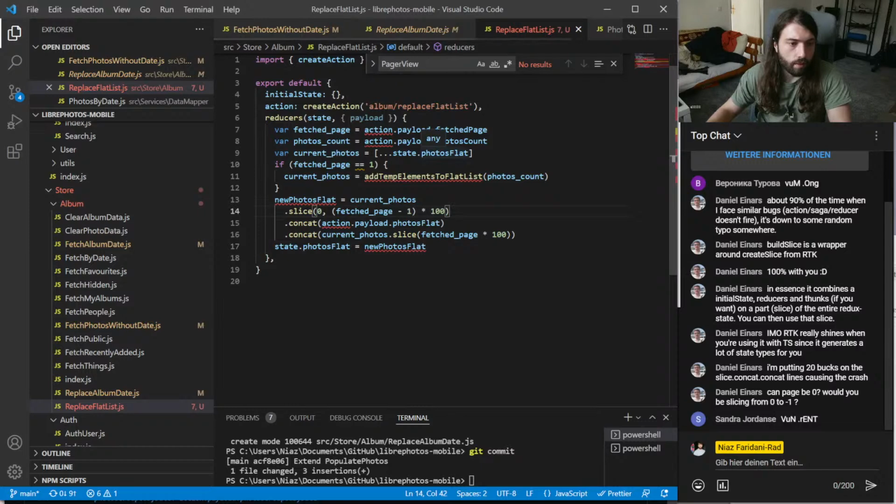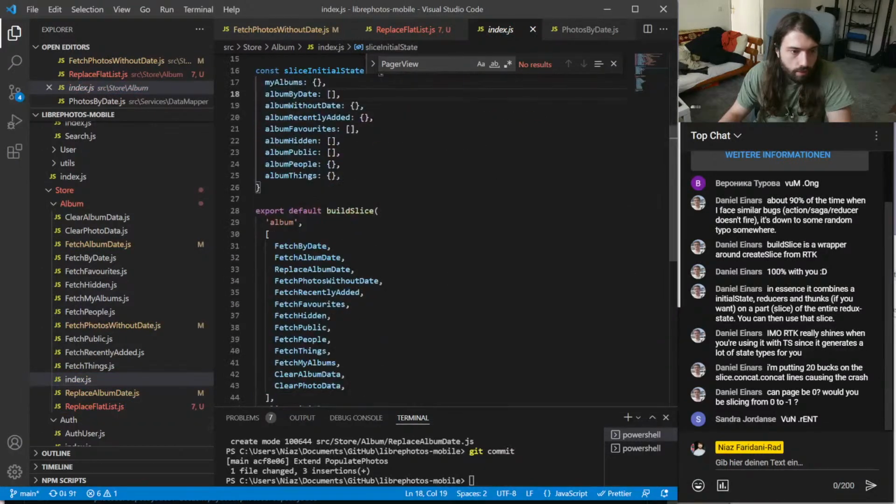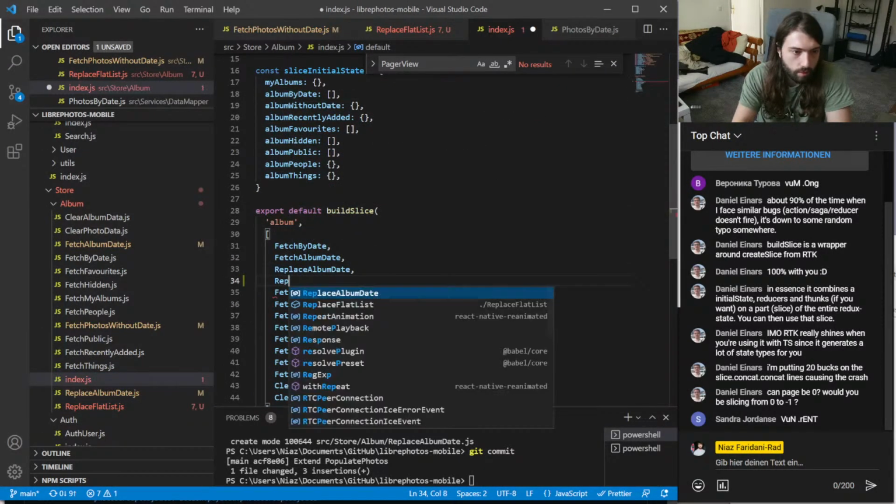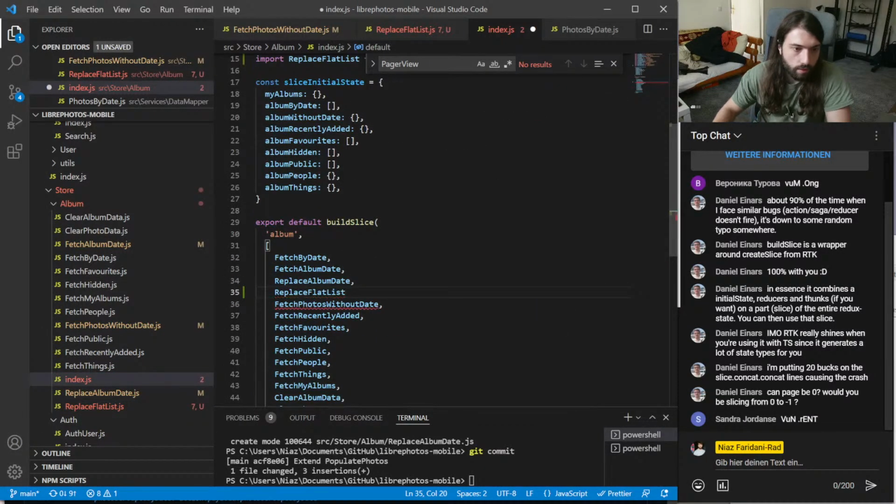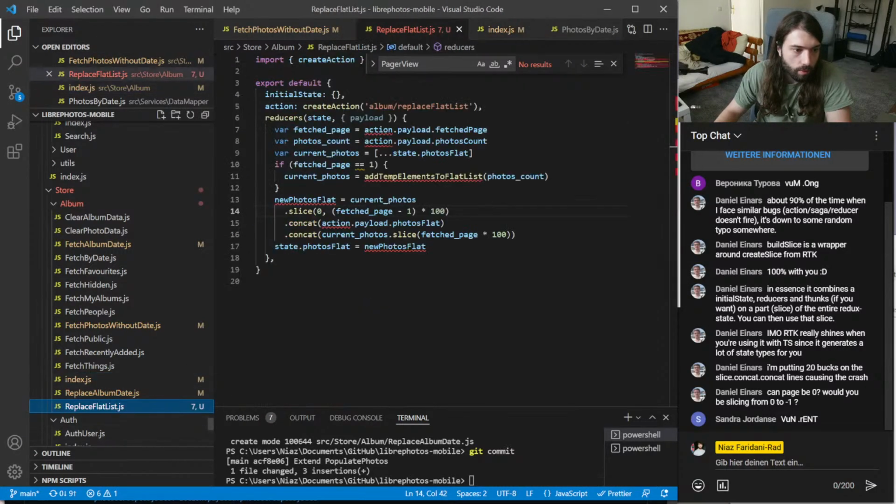Save. Then I have to replace flat list. I have to add this here. Replace flat list. Alright. This date is called album without date. Album without date.